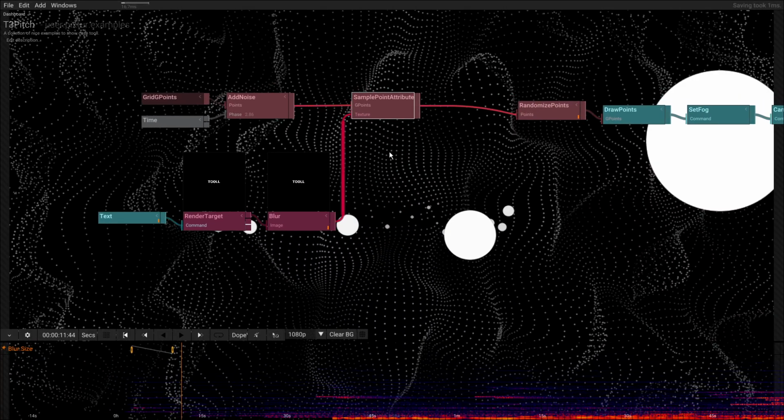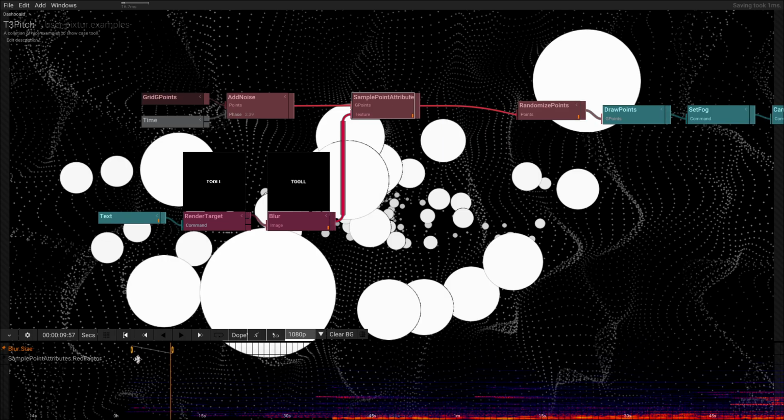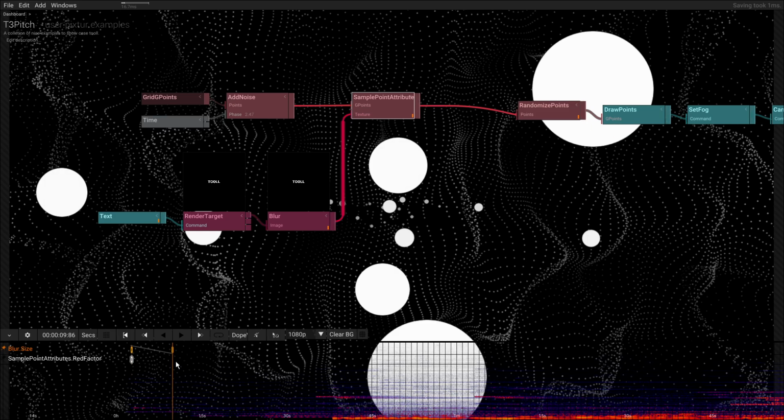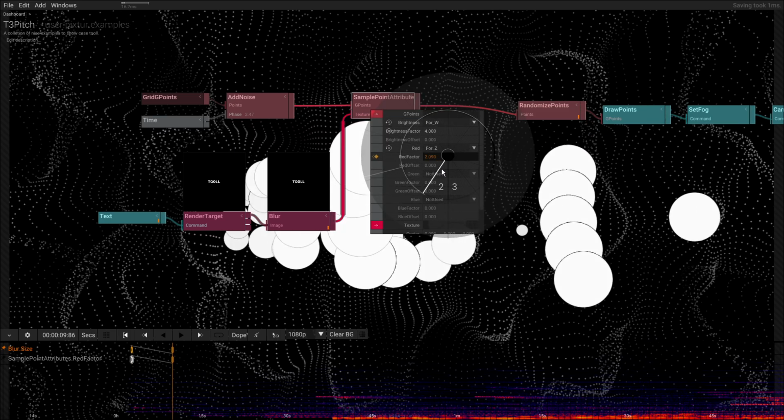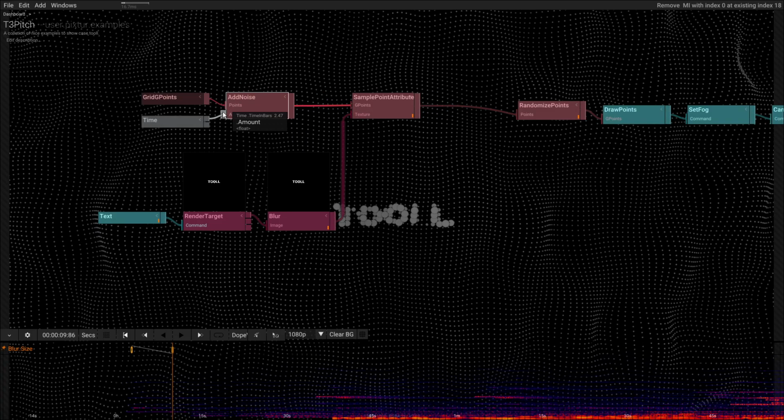And then of course we should also animate how far we are driving this thing here. So let's make it drive this down a little bit. And maybe we also reduce the noise amount here.